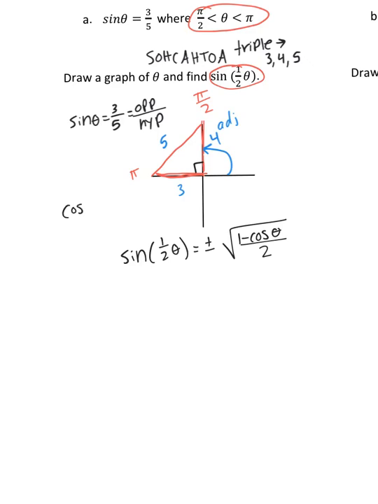So cosine is adjacent over hypotenuse. My adjacent side is 4, and my hypotenuse is 5. The triangle that I drew is in quadrant 2. In quadrant 2, if you look at your unit circle, all of your cosine values are negative. So that means that this cosine needs to be a negative 4/5. So we've got half the battle done. The other half is figuring out if I'm going to use the plus or the minus sign that's in front